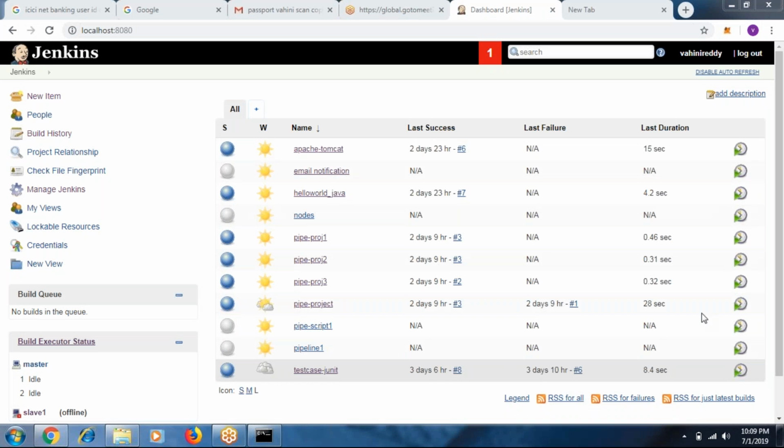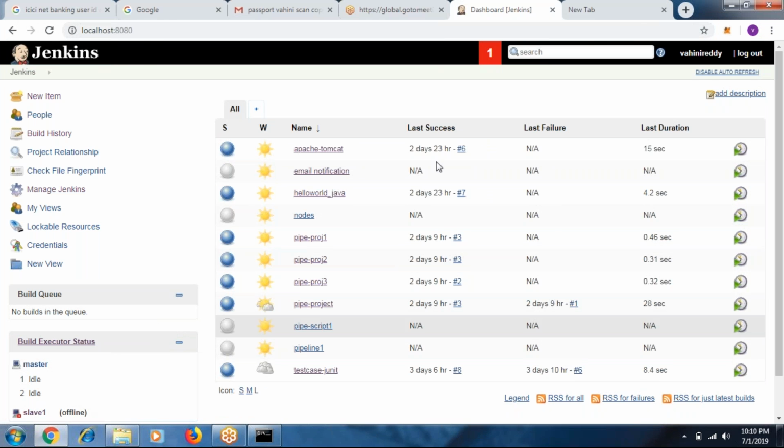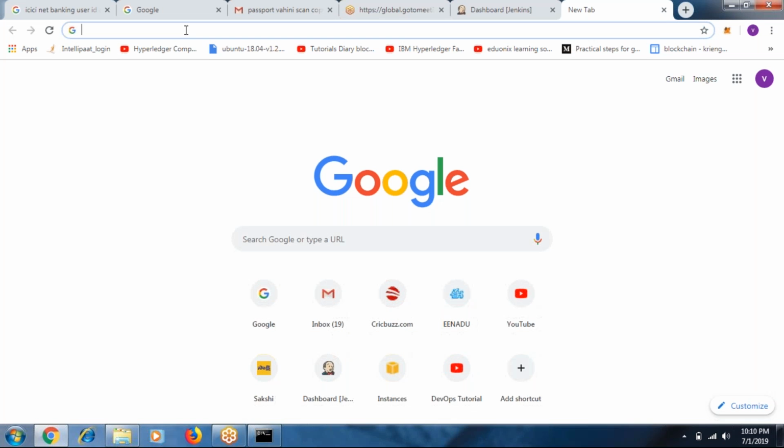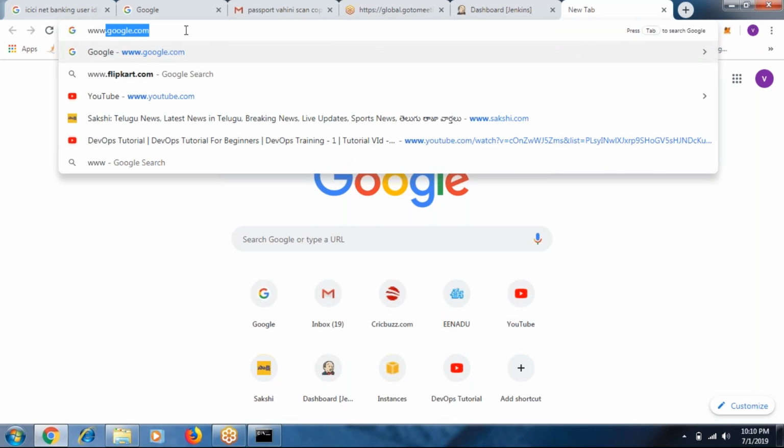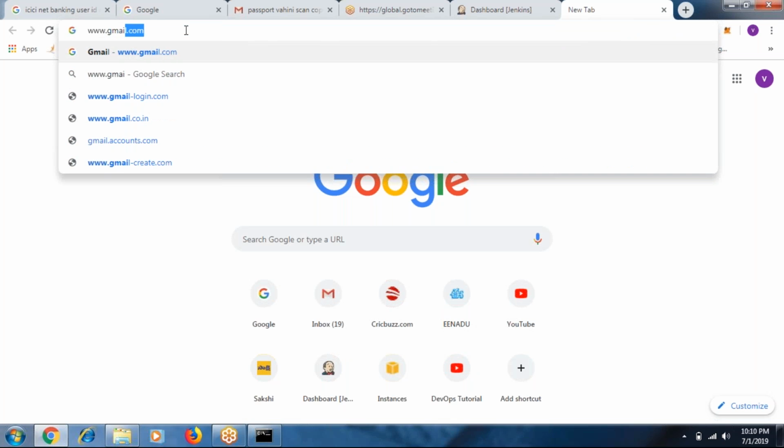Just create yours. We can allow less secure access for whichever mail ID you are going to use. Which mail ID are you going to write? Go to Gmail where you need to enable it. On the right side we can see the V, right?